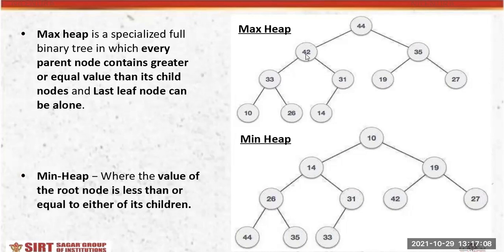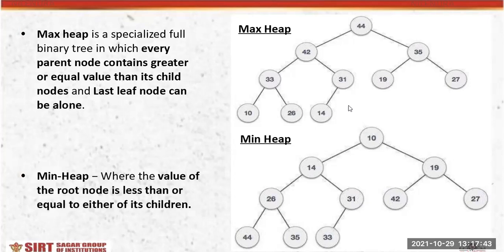And once we are following this, we have to keep in mind that we will start from left to right. We will move from left to right, or you can say from parent, left, then right. So you have to insert the parent, which we have already done. Then you have to move to left. Then you have to again move to the left, and you have to check if I'm able to insert the nodes properly or not. 33 is greater than 10 and 26. 31 is greater than 14. 35 is greater than 19 and 27.